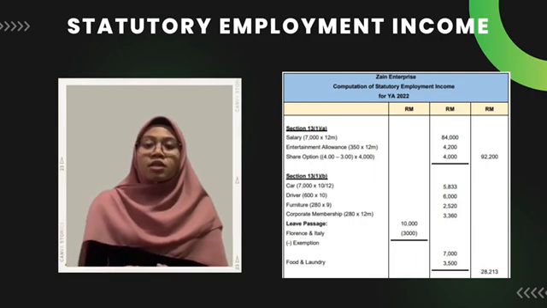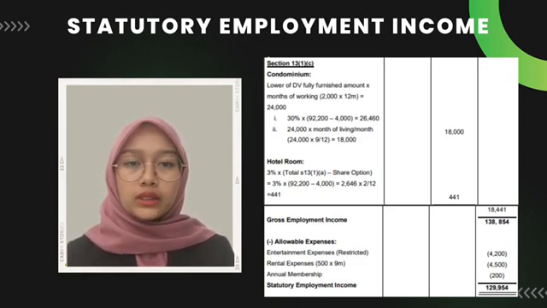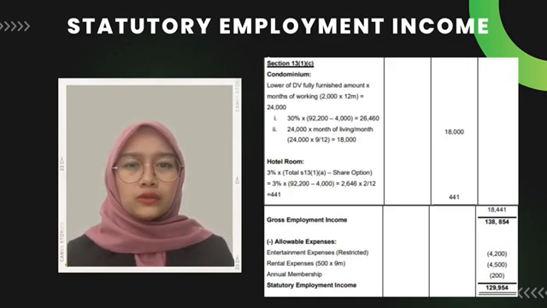So the total for section 13 section 1 section B is 28,213 ringgit. I will explain the last section, which is section 31C. Reza Zain lived in a condominium which amounted to 18,000 ringgit, and then he also stayed in a Swiss hotel as living accommodation which amounted to 441 ringgit. So the total we got from section 31C is